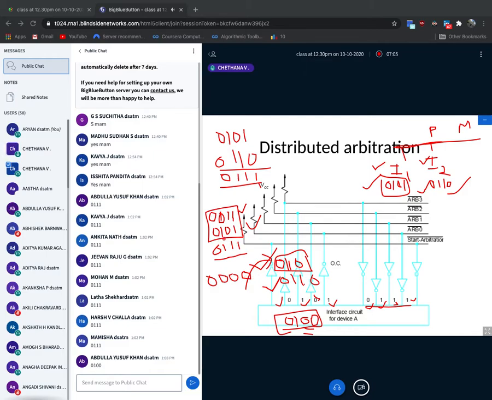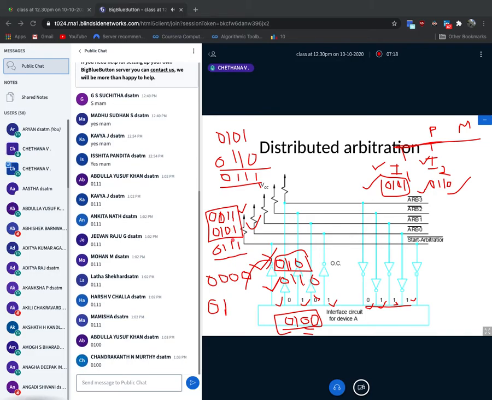Now, for the second device, I'll compare these two devices. The second device gives the resultant answer. 00 is 0. 11 is 1, so I'll get 1 here. Next, 01 is a discrepancy, so I'll write it as 0. And here 11 again gives 0. So 0, 1, 0, 0.